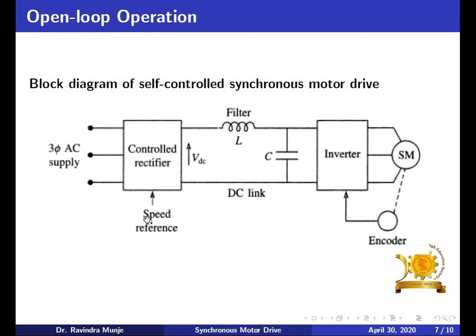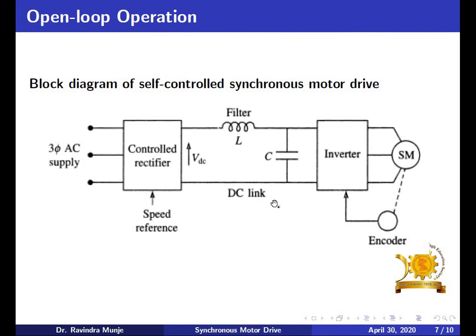When the speed is to be controlled here, then we need to work on this converter. This converter will operate to change the frequency, and this converter will operate to change the voltage. The speed of the motor is controlled by controlling the voltage of the DC link, that is the input to the inverter, by controlling the firing pulses of the rectifier. So by changing the firing pulses of the rectifier, this voltage is controlled to control the speed, and by changing the firing pulses of the inverter, frequency is changed to keep the rotor in synchronism.